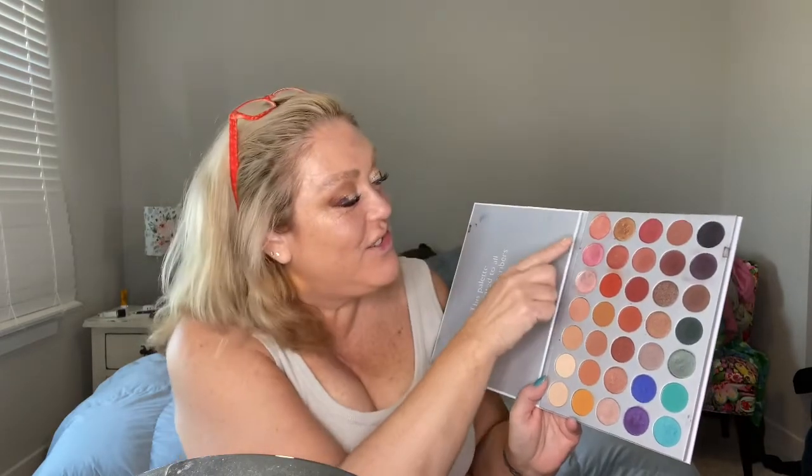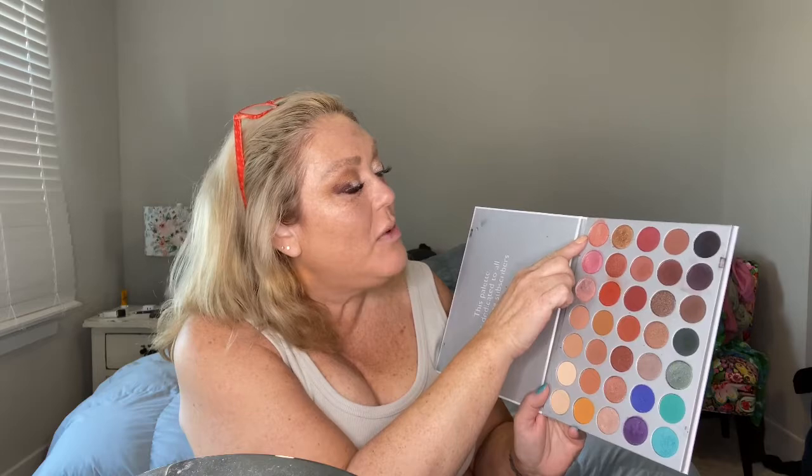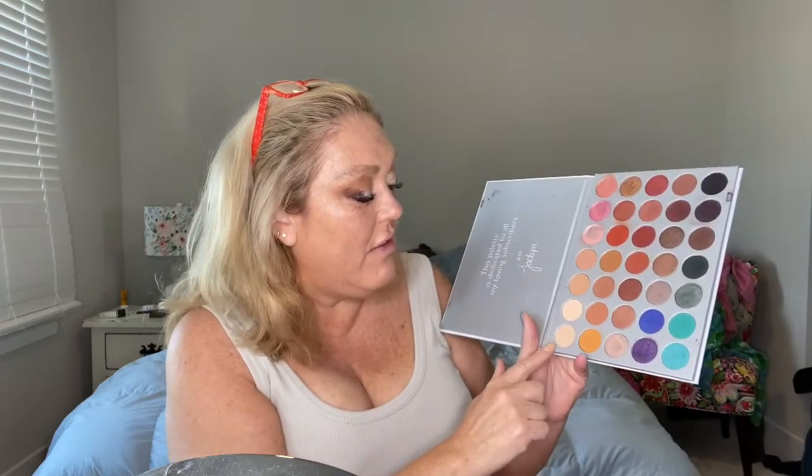There you go. And then before I blend it out again, these three guys are my favorite. I love these colors. They look similar, but they're so different. This one has a pink hue. This one has a little bit more golden hue. And with that white, but those are my favorites, and even these two actually have a little bit of sparkle in them